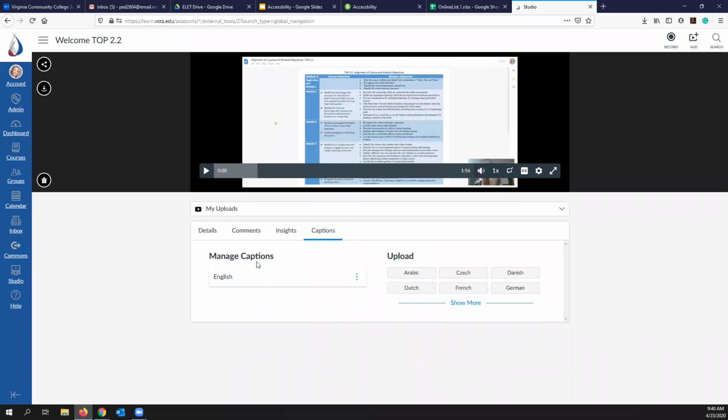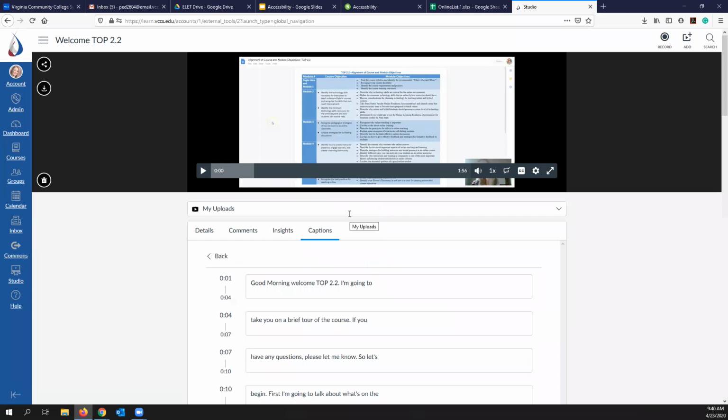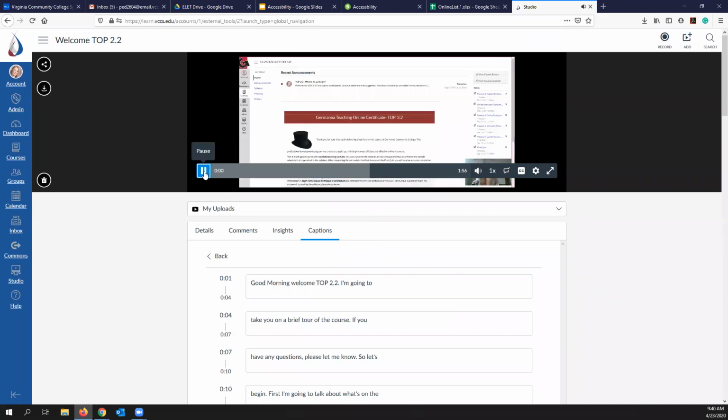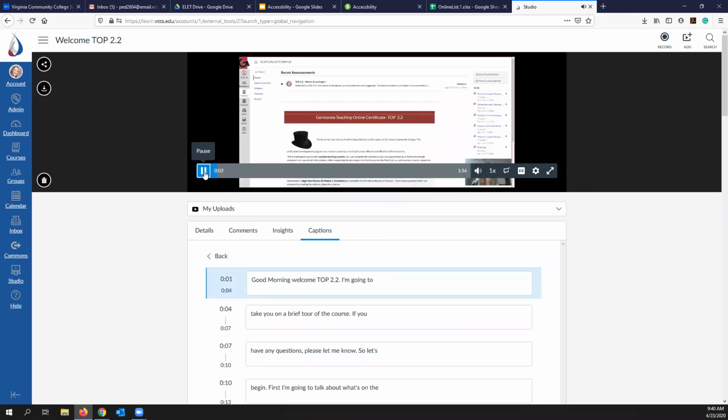And this one has already been captioned. And if I go to the 3 dots, I have some options. I could actually download the transcript, replace it, or I can edit. If I click on edit, when you go through this, you can play it and you can see, you can't hear it, but